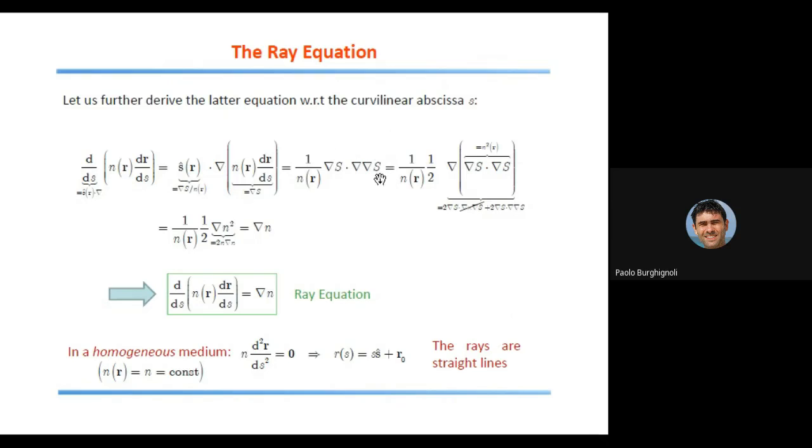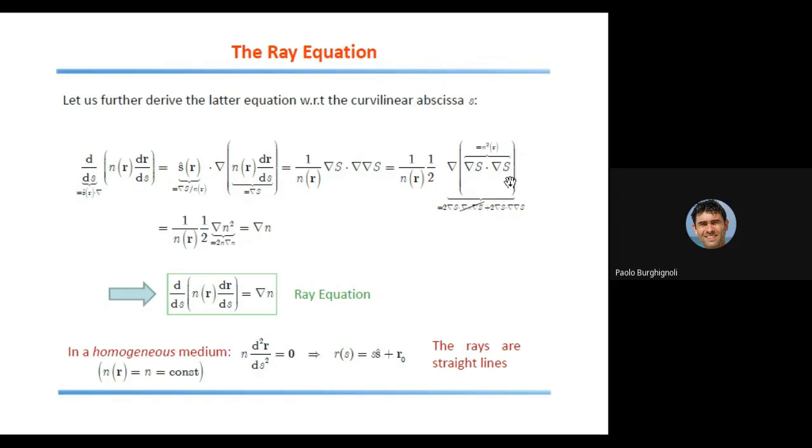Now, this expression, the gradient dot a double gradient, comes about when you try to develop this expression here, the gradient of a dot product, because from elementary differential algebra, this development involves the double product of the gradient times the curl of the gradient of S, which is of course 0 because the curl of any gradient is identically 0. And here you have the dot product of the gradient of S and the double gradient. So everything can be rewritten as 1 over the refractive index times 1 over 2 times the